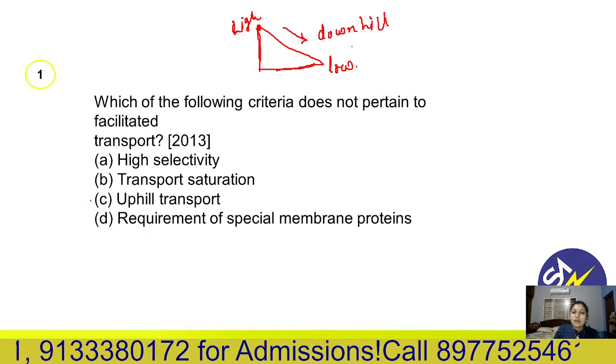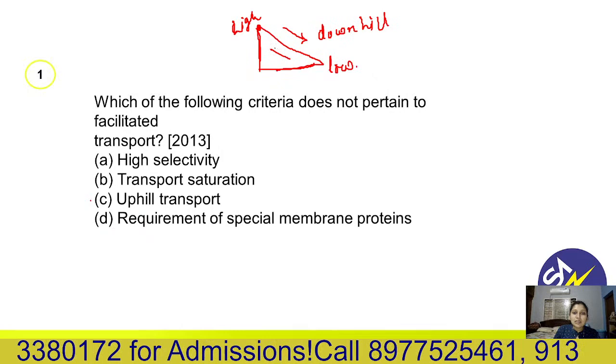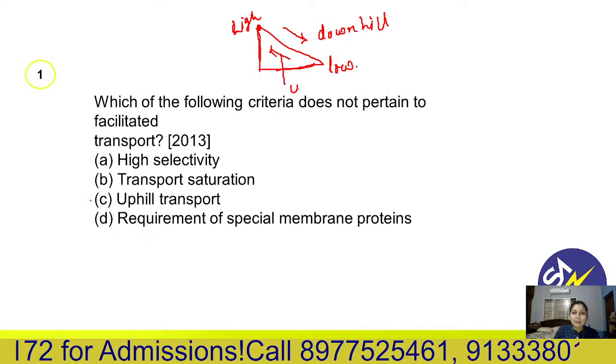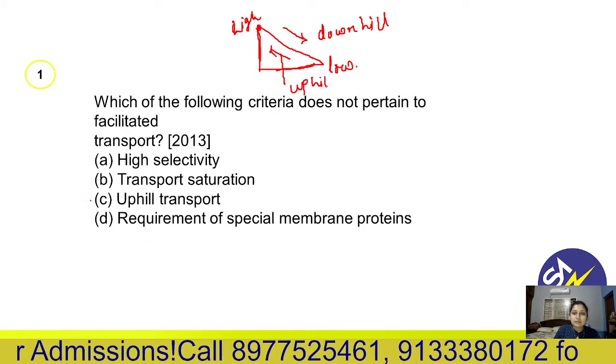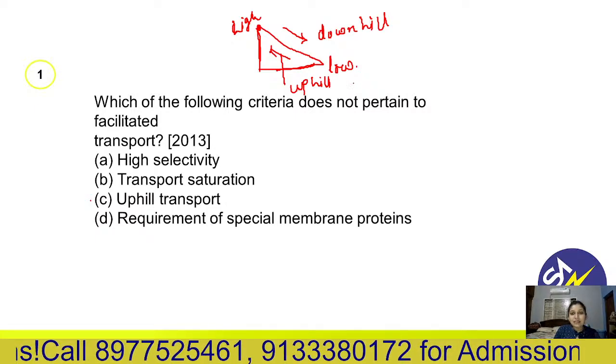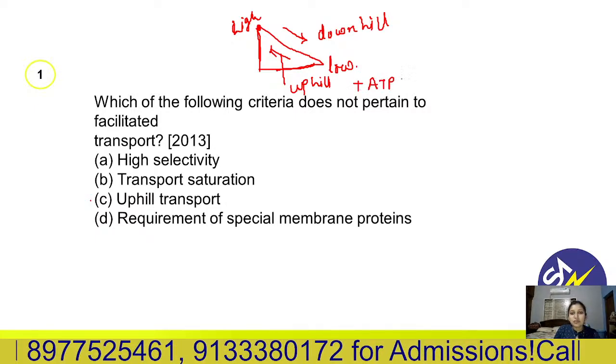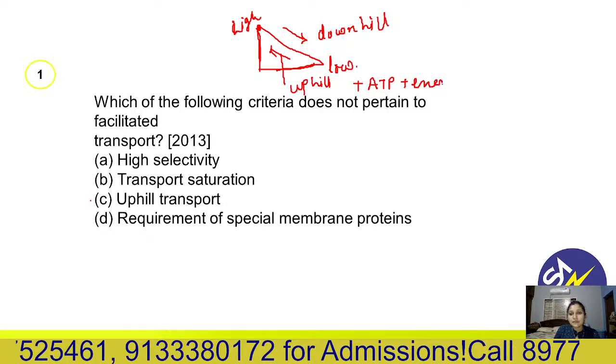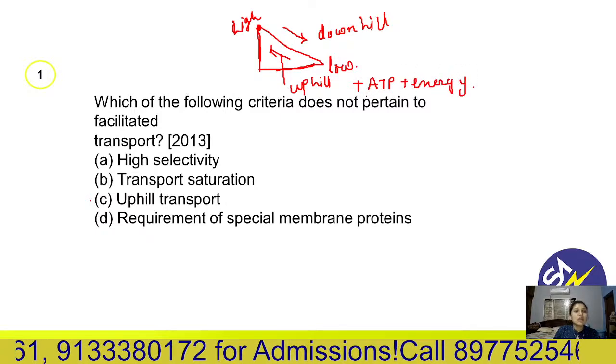Anything which is transported in this direction is known as an uphill process. When you are traveling uphill, at that time you will require ATP, you will require energy. So here facilitated